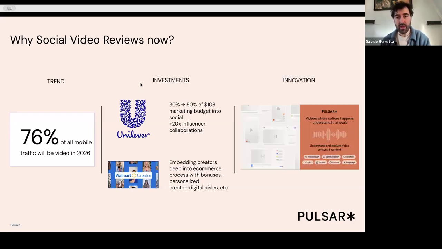The third reason why this is becoming much more interesting is the kind of analysis that we're able to run on this type of content, on video content. Video content is always so much richer than text content, right? As folks who work in social and audience intelligence, we're all used to parsing text in really interesting and complex ways, but video has so much more nuance and dimension that is really hard to capture if you're looking at the caption alone.